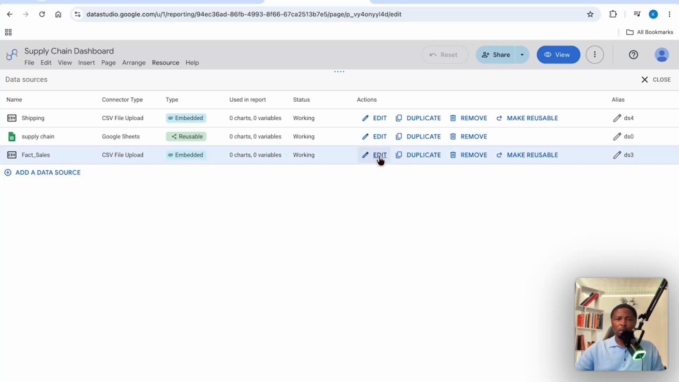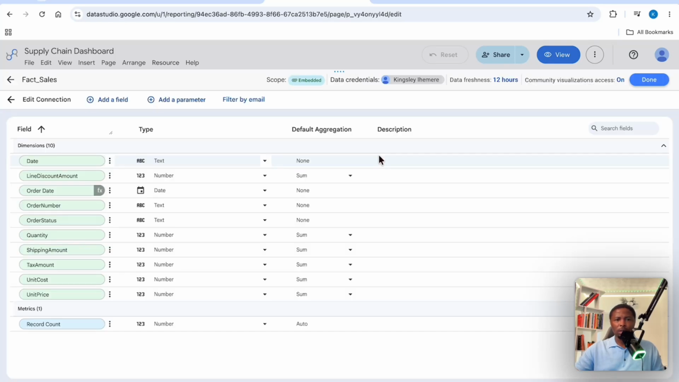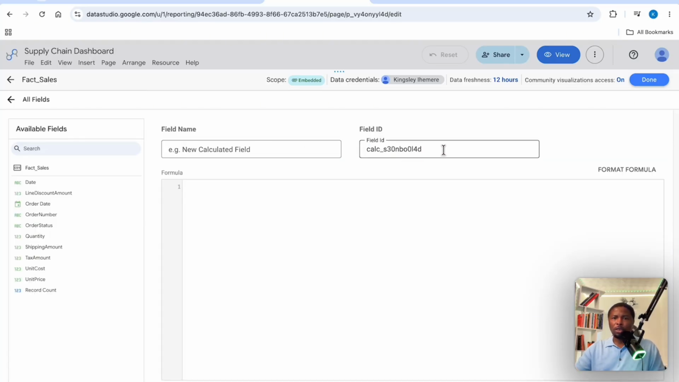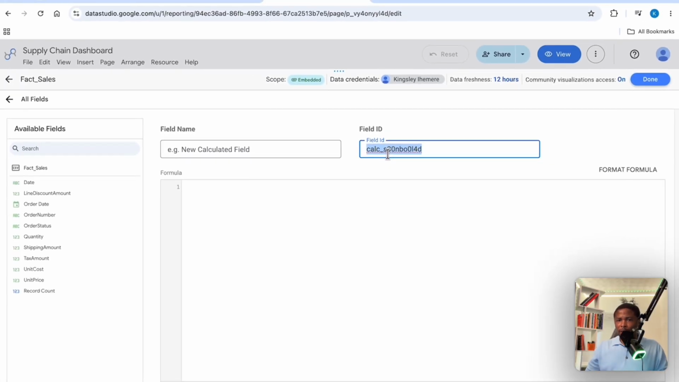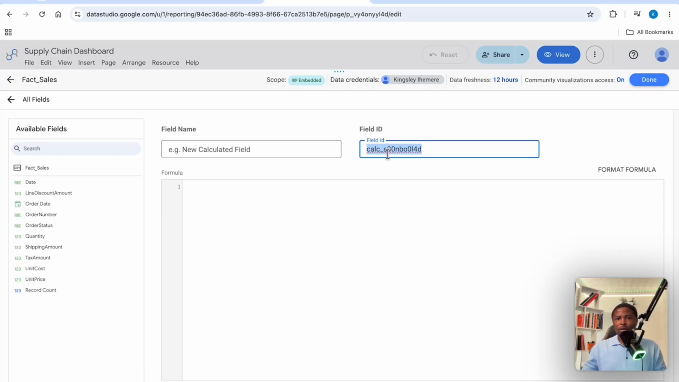Let us head on to edit this data source. All right, I want to quickly do something. If I add a new field, notice something here. It automatically generated a field ID and it starts with calculated field. For a new field you're adding, which is usually a calculated field, it starts with calculated field. When I give it a name and perform the calculation here, save it, it creates a new field for us